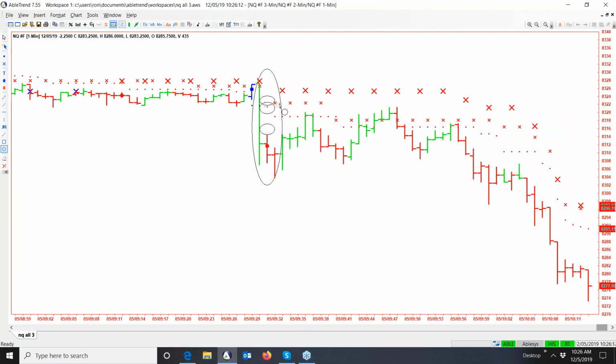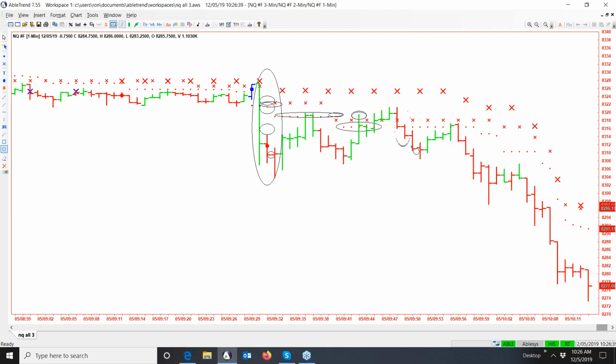See, the dots are always horizontal. There's the next lower row. The red dots only go down, the blue dots only go up. So we'd be stopped out right there because there would be the previous higher red dot. We'd be stopped out here. We wanted short here at 10. We're stopped out here at about 18, 19. So it would have been a losing trade of about 9 points on the first trade.